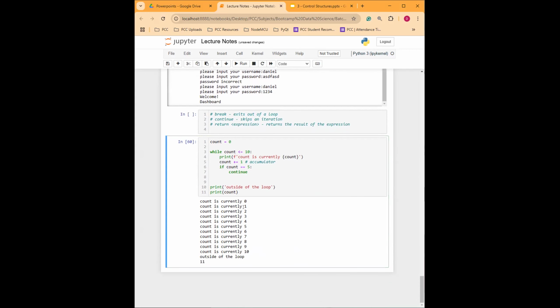Then we can actually see the output. So it's from 0 to 10, and then outside of the loop is 11. All right. So it's not really reacting the way that we want. We want the number 5 to be skipped. Okay. So if we want the number 5 to be skipped,